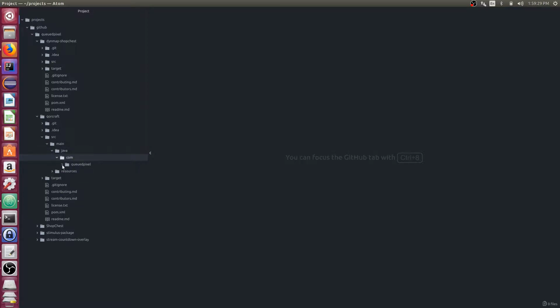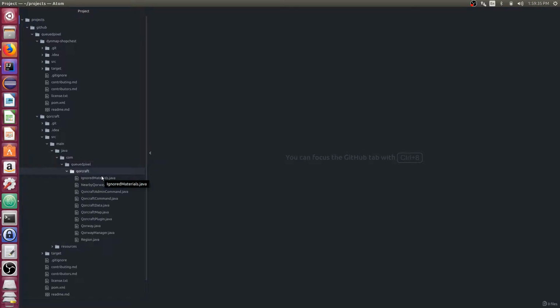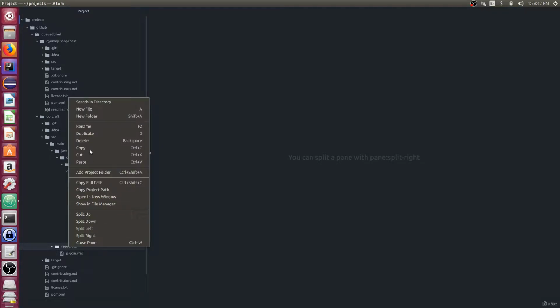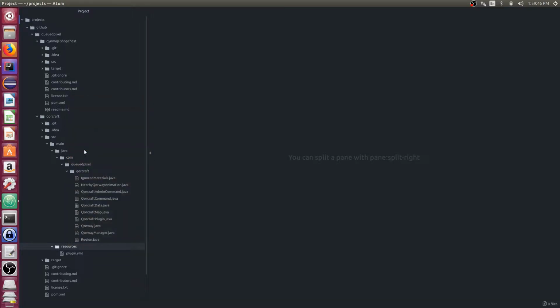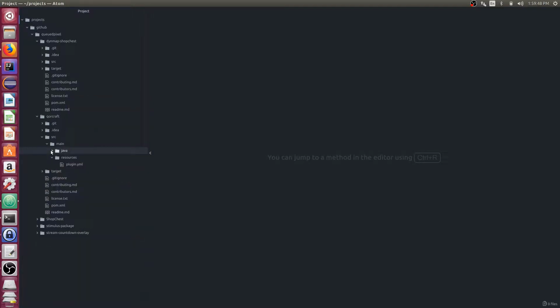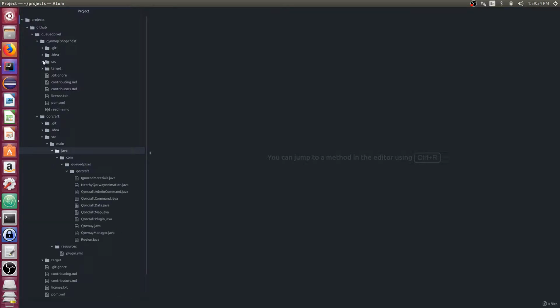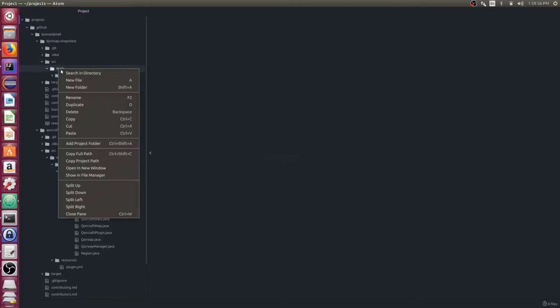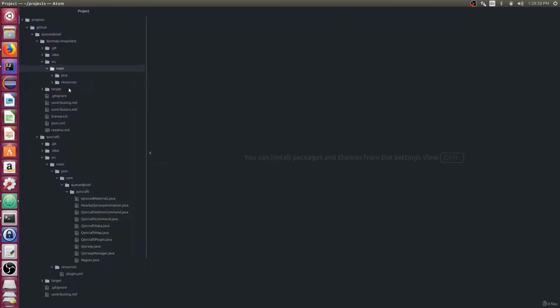Actually, there's two things we need to add. There's the resources folder with plugin.yml. So let's go add this. Let's copy and paste this. Let's copy resources. What folder is this under? Is that main, and then resources at the same level as Java? So source, main, paste,